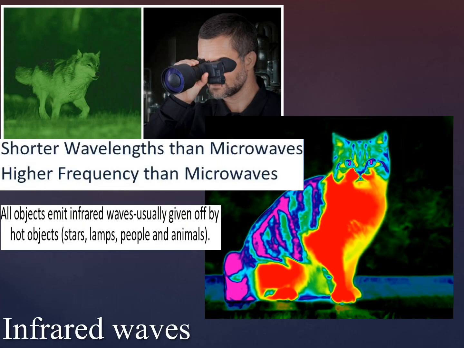Infrared waves. These waves have shorter wavelength and higher frequencies than microwave if we compare them. The wavelength of infrared varies between 700 nanometer and 1 millimeter. Just so you know, nanometer equals 1 times 10 to the power negative 9. You could receive infrared waves from the sun.